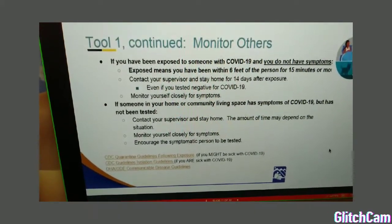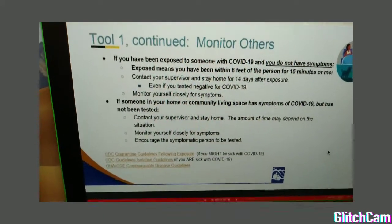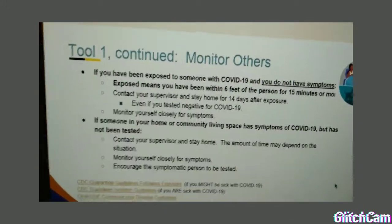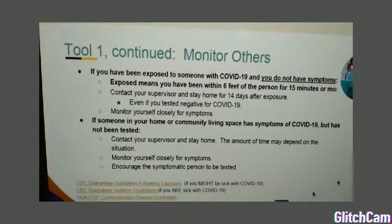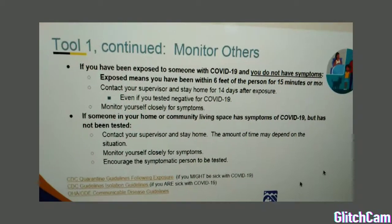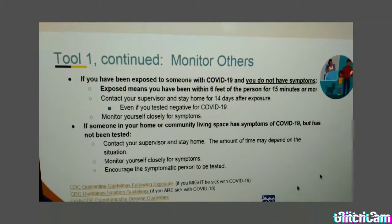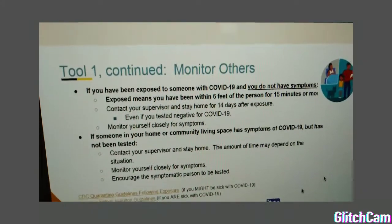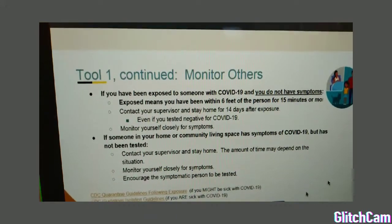Ms. Thomas? So my question, I see some others have the same question. If we have to stay home for 14 days, do we have to get a sub, or are we going to be Zooming lessons during that time? They're still working that out, because if it's a matter of the classes staying home, then you're going to Zoom lessons. If it's a matter of just you and the kids are here, they're trying to figure that out. That's one of the details they're still working on. I know. They're still trying to